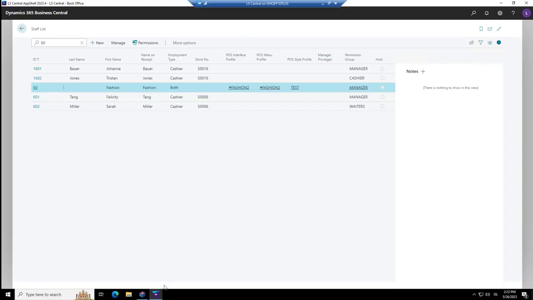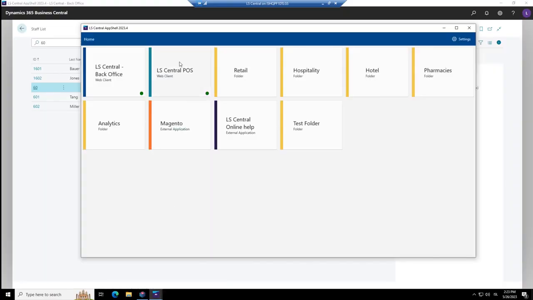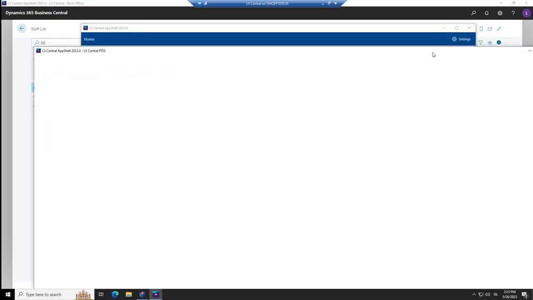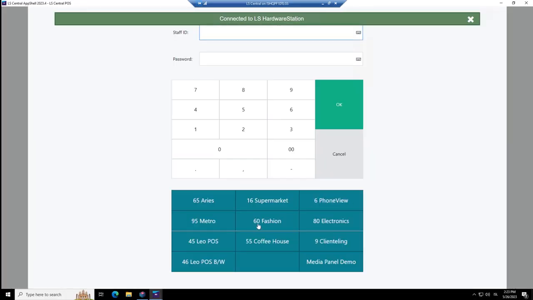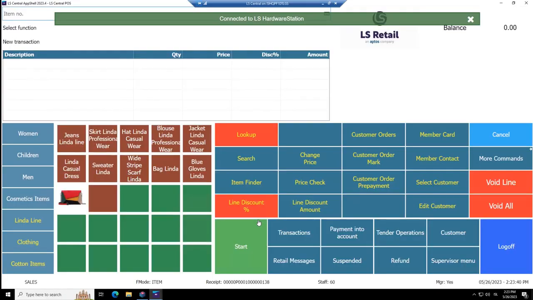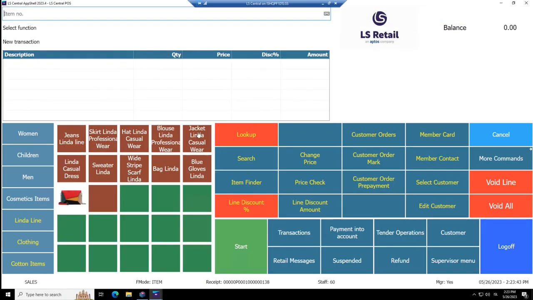Now what we have to do is to start the POS. Log on into fashion, and you see the changes. The buttons are different. These texts are different. This text didn't change because there's another reason for that. But some of the text changes and some of the buttons. So you see, with a little bit playing around, you're already doing some changes. This is what I'd like you to practice in this exercise.